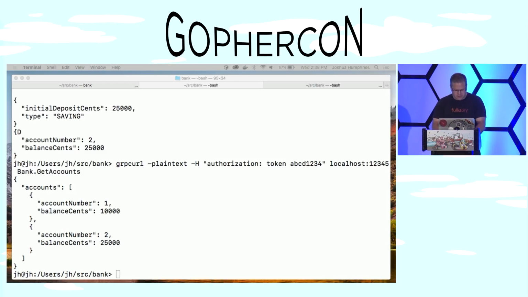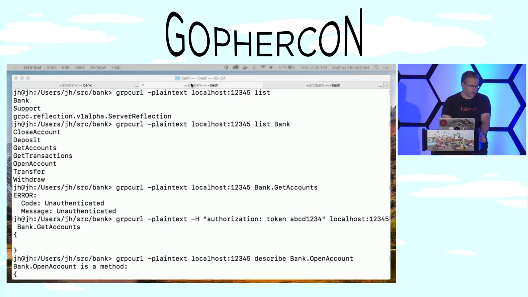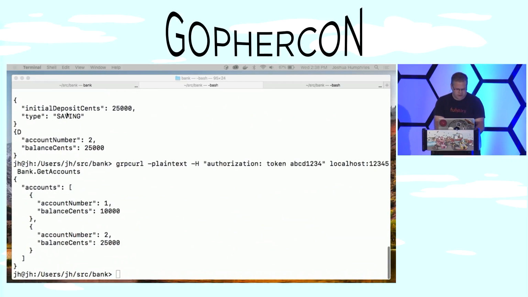So I mentioned that gRPCurl supports streaming. So let's take a look at that, at streaming. Way back here at the top, when we listed the services, one of them was this support service. So if we take a look at that,